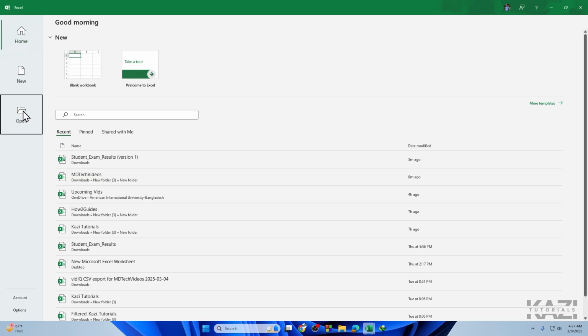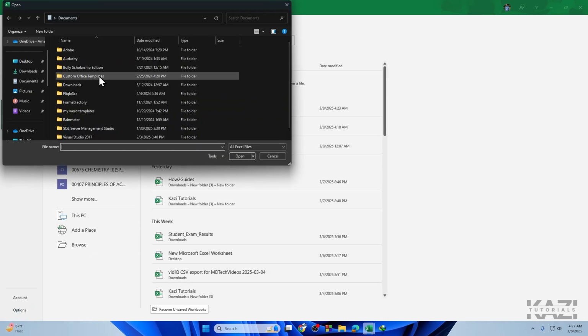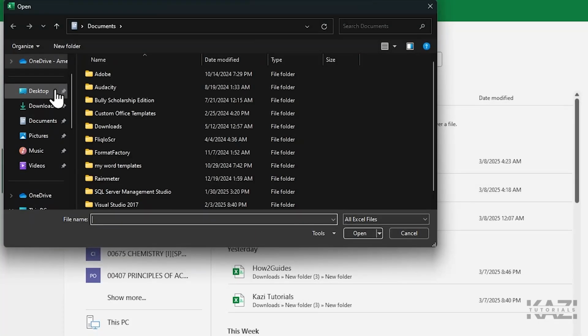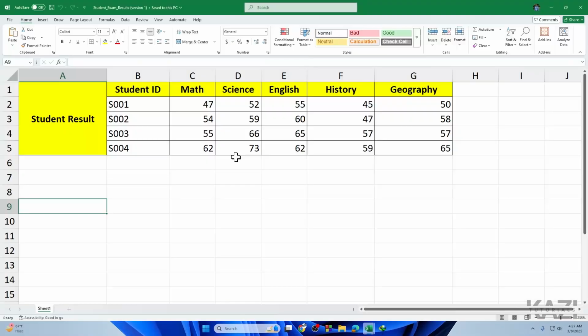So from here you need to press on open and simply go with the browse and simply browse to the file that you want to open. So for my case, the file is on the desktop, so I will select the desktop and then here is the file. So now simply open this one and now you have it. So that's how you can simply run Microsoft as